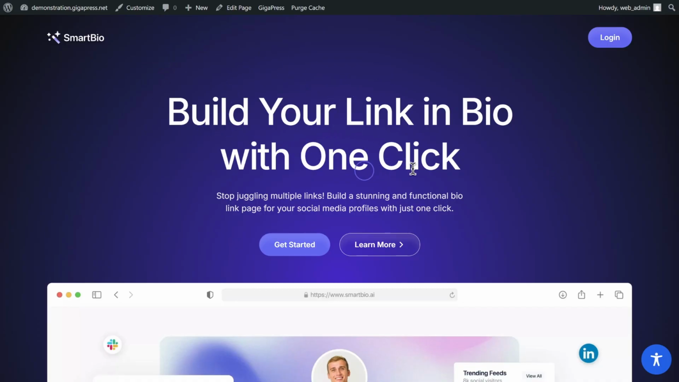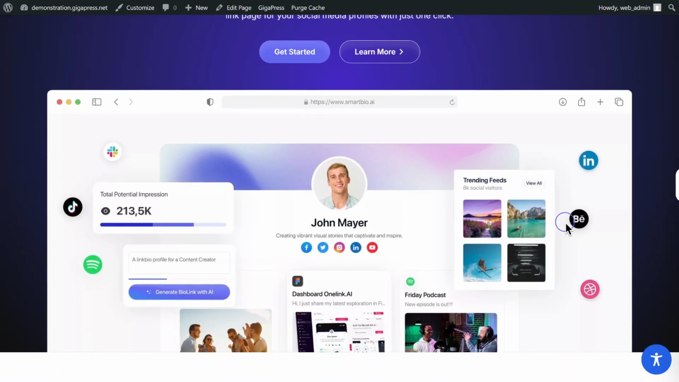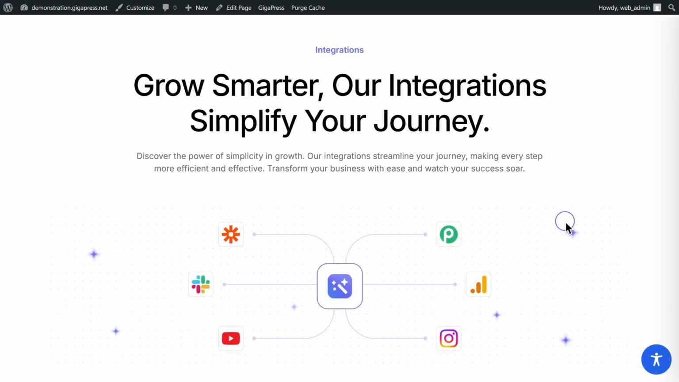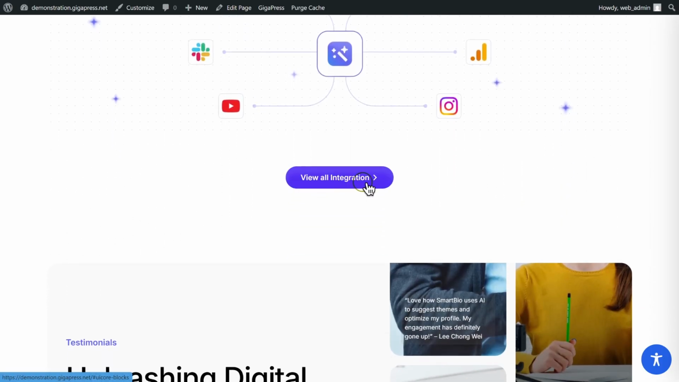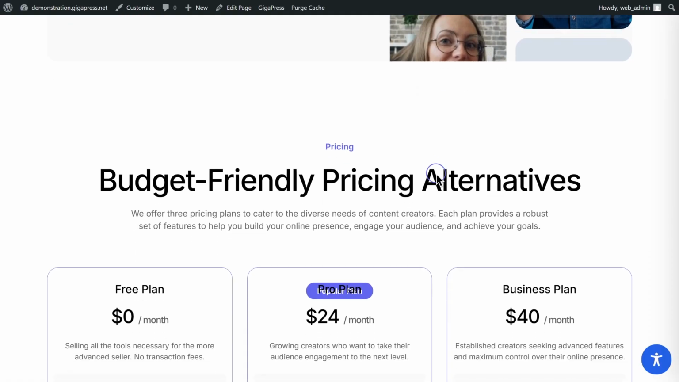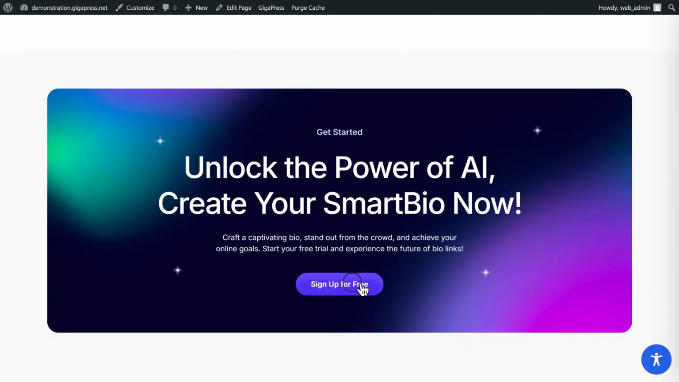You'll notice the Hero section at the top, with the main headline and a short description. And just below that, you'll see the two main call to action buttons. And if you scroll down, you'll find the Feature section, followed by the Integration section with a View All Integration link. Then you have the Testimonial section, Pricing section, the final call to action, and finally, at the bottom